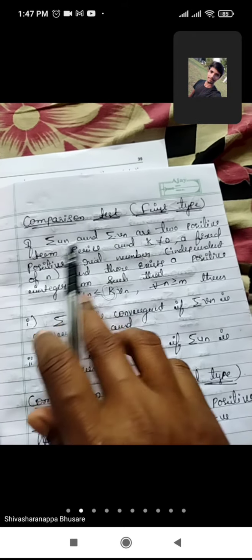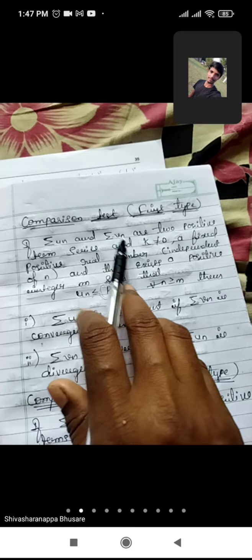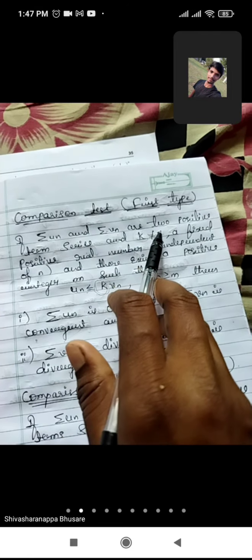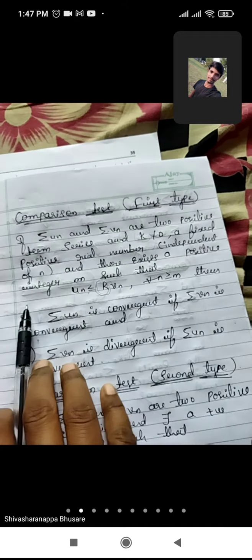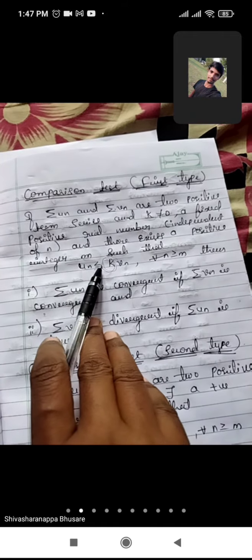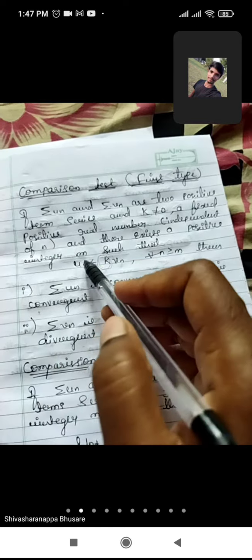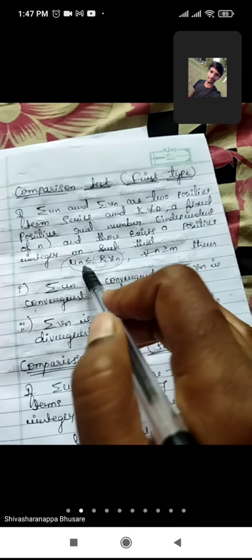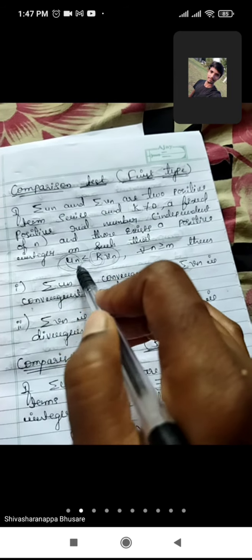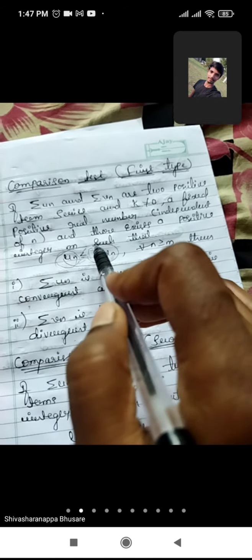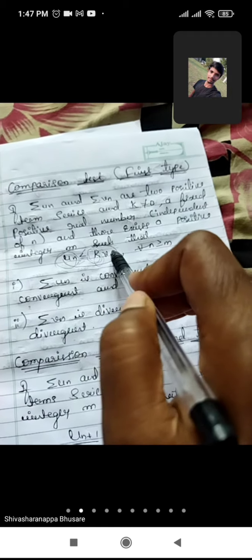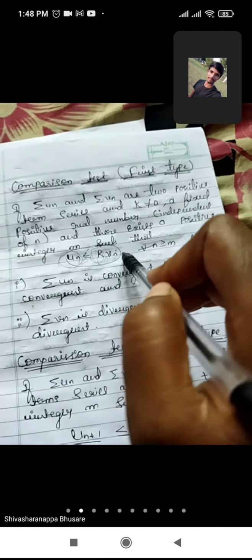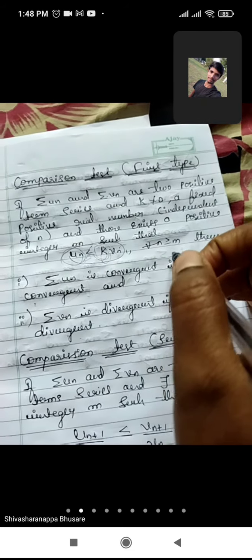Consider two infinite series un and vn, both positive series, and consider some constant k not equal to 0, any real number, and there exists a positive integer m such that, what is the condition for the first type of comparison test, un should be less than or equal to some constant value times the second series, vn. First series less than or equal to some constant value into the second series, therefore for all n greater than or equal to m.